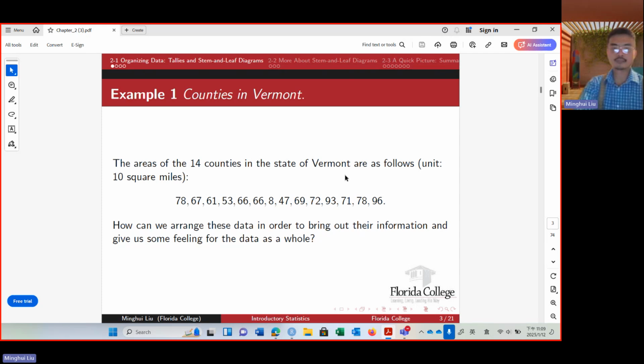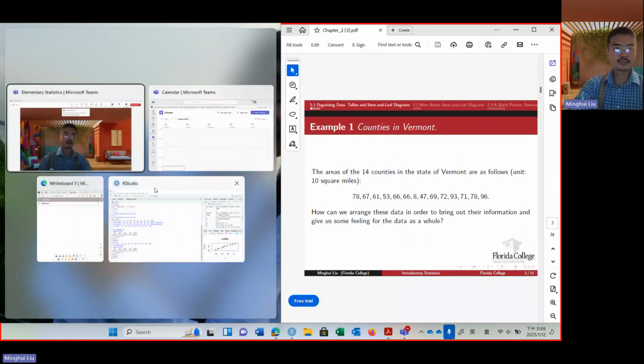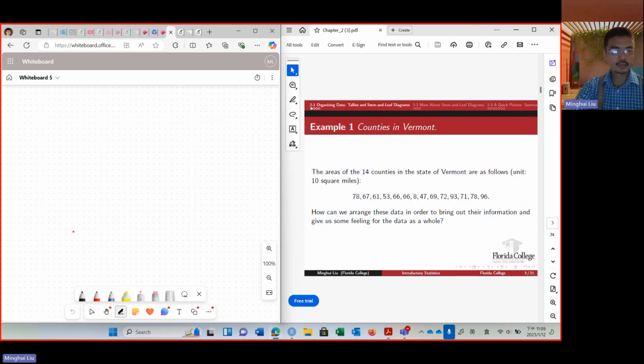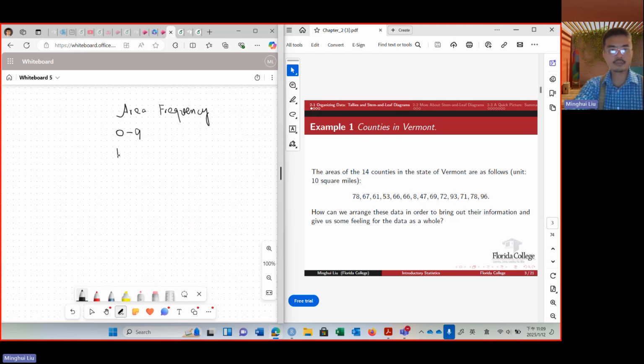At the same time, I'm going to open the whiteboard. So here, let's go to the whiteboard, and then I will do it here. So to start with, let's actually look at this data. We have the area, and also the frequency. Well, the area, we can divide it into groups such as from 0 to 9. And notice that there's no decimal, so we just choose the integer values, and then from 10 to 19,